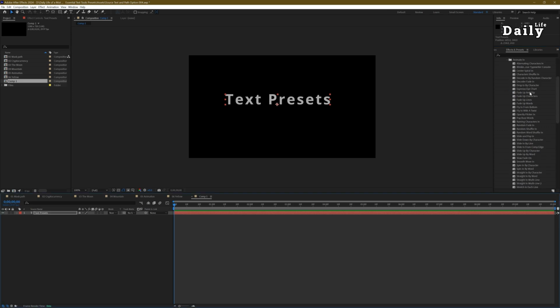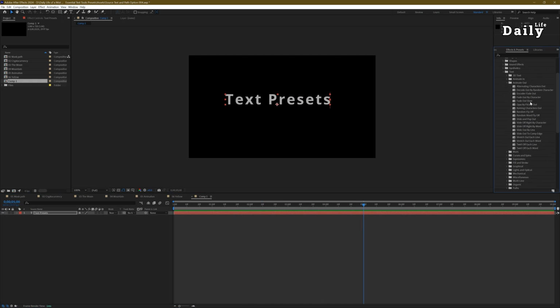Add it to the text and notice where the time indicator is. This is where the animation starts. You can always undo and try different presets. For example, apply Typewriter, one of the most popular presets. It animates text like a typing effect, perfect for intro animations. Now, apply an outro preset like Fade Out Slow to see the complete effect.